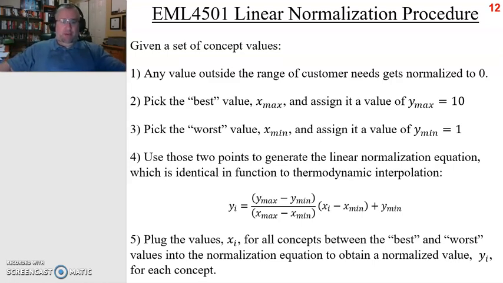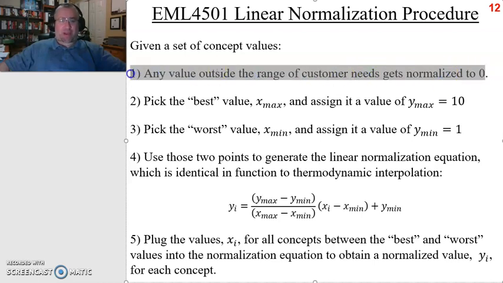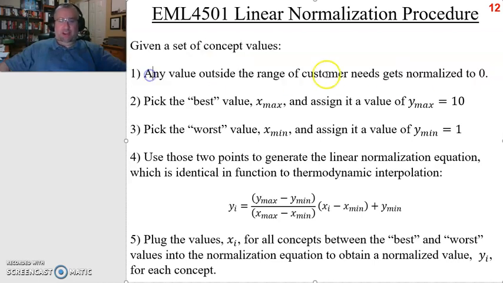But please do use this version of normalization and not the one from DML, because this is the one that is self-consistent across the entire class. So we're going to start out with step one: any value that's outside the range of customer needs is immediately going to get a normalized value of 0. And this is why I'm using my version of this as opposed to the DML version, which is